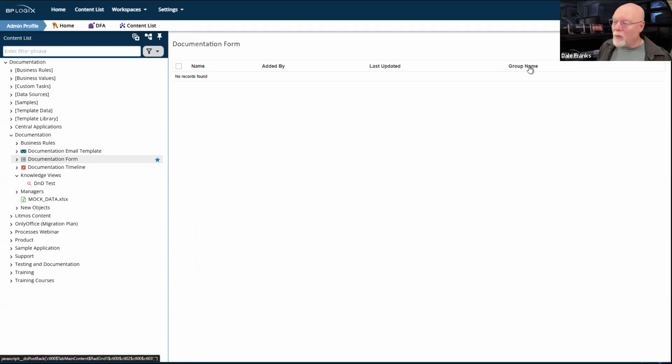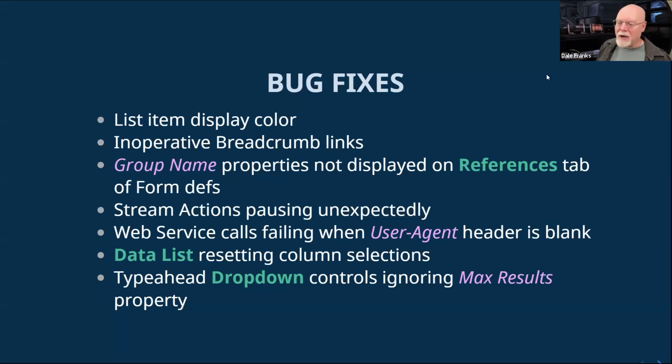But one of the columns is group name, which is great to be able to see the group name of all of the referenced objects, if indeed you have any, except that you couldn't because it wasn't displaying any of those group name properties on the references tab. Now it does. A weird deal where stream actions would start and then would stop and pause until you manually open them up and prompted them. We fixed that. The web service calls we already talked about.